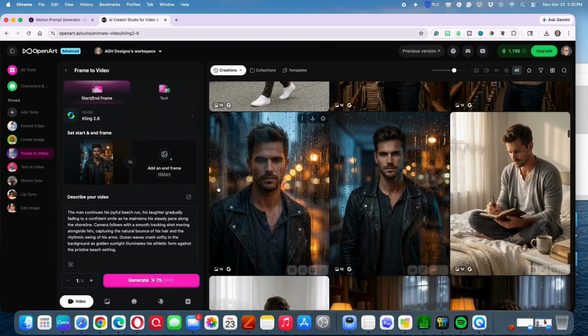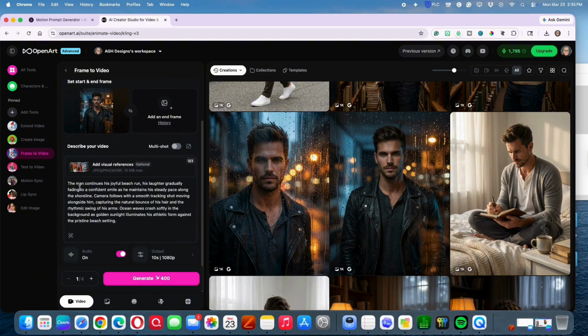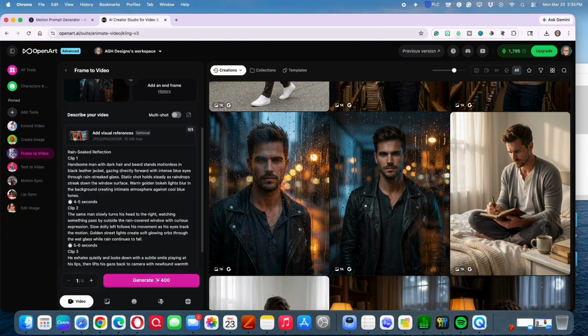I'm telling it that I'm going to create image to video, and I'm going to use the Kling 3.0 because it has the multi-mode or multi-step, and I'm going to go ahead and replace the text that I have here because I was testing out another one. And it's going to tell all 3 sequences. I am going to remove the emojis, but I've discovered that it doesn't really matter because it just doesn't read